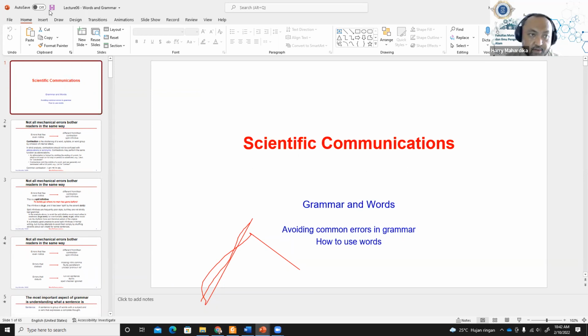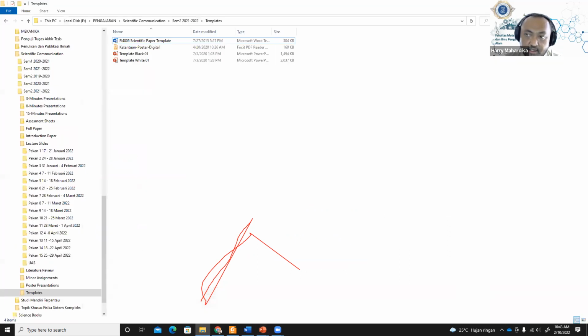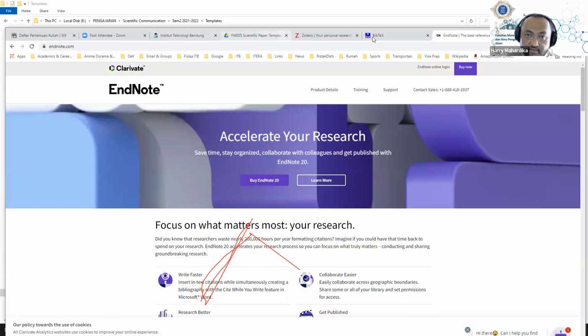Okay, so I will upload this lecture note later on in the EduNext. Okay, and in the EduNext itself, I have shown you the template that you need to follow for